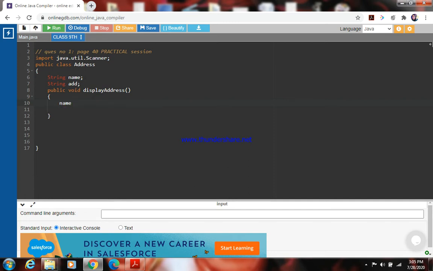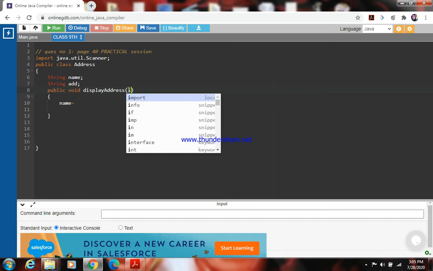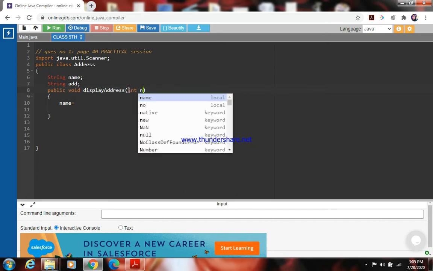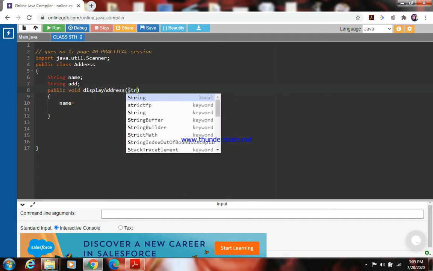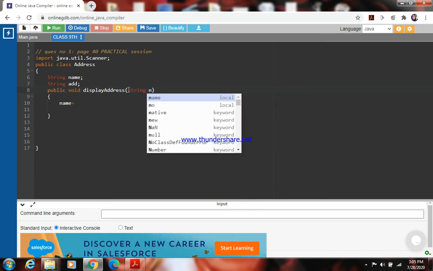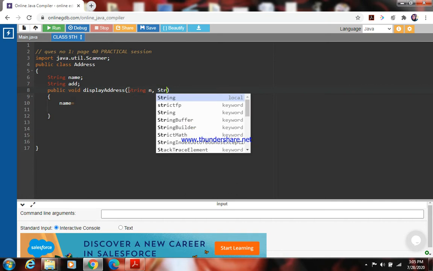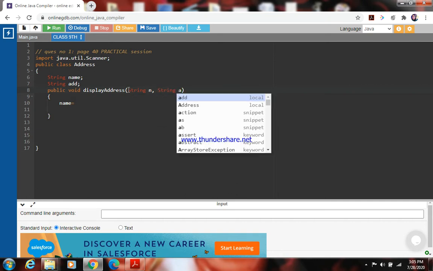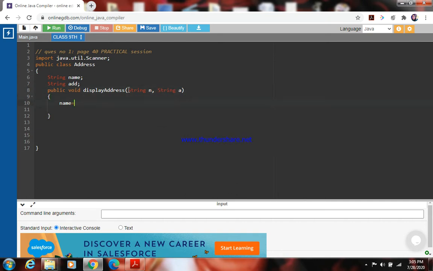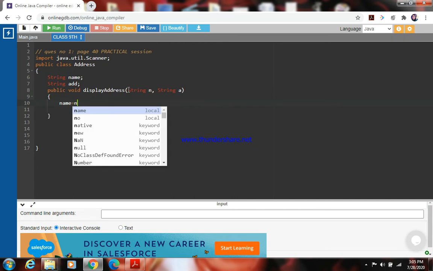What I am doing is I'll explain it, just a moment. See, in this method prototype I'll write here string n. I have taken formal parameter n for name and string a for address. So I'll pass these formal parameters.